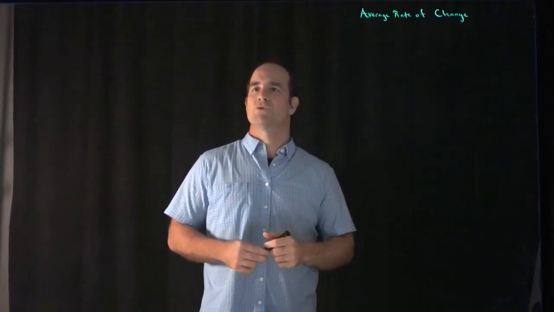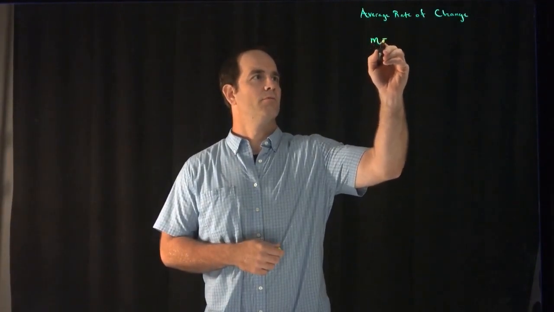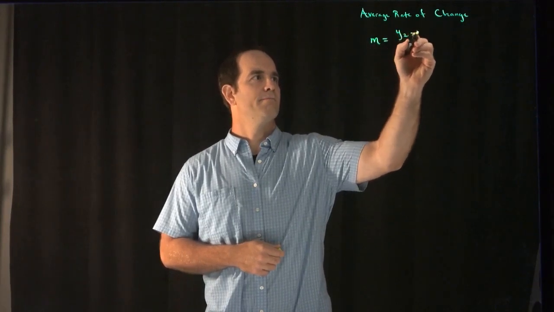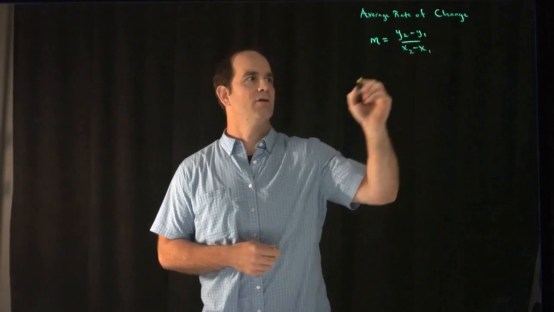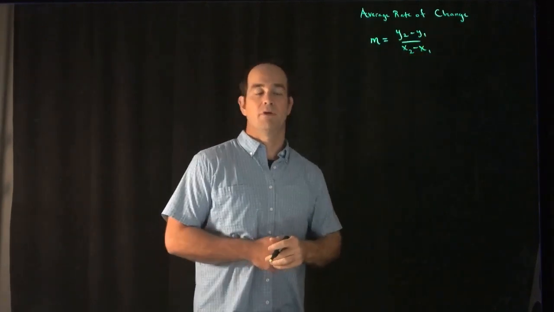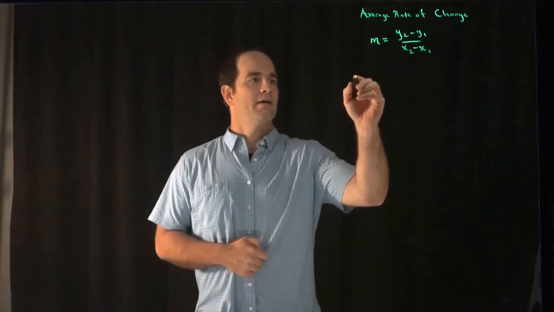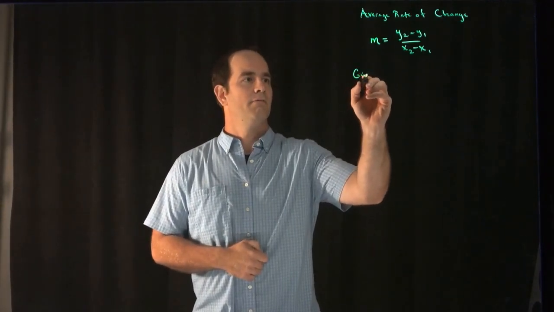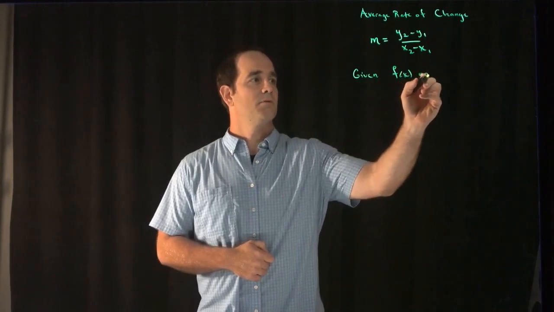Let's discuss average rate of change. In the past, I expect you may have seen the formula for slope: y2 minus y1 over x2 minus x1. If I give you a couple of points on a line, that's something we use to calculate its tilt. But if I give you the function f of x on some closed interval